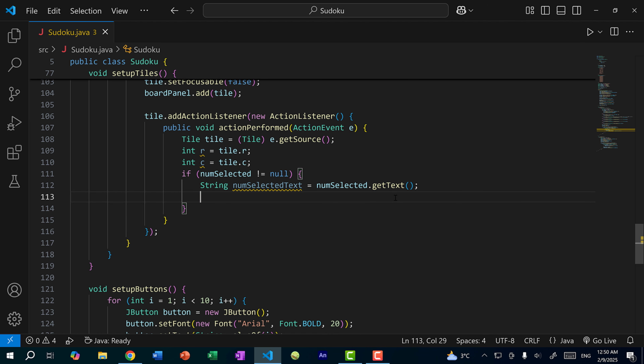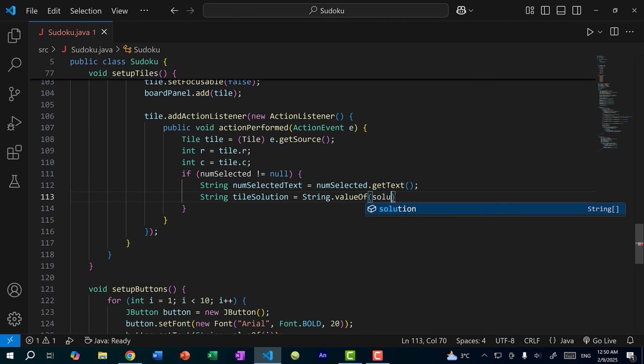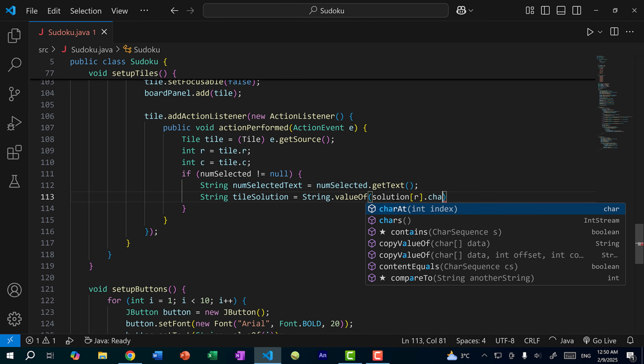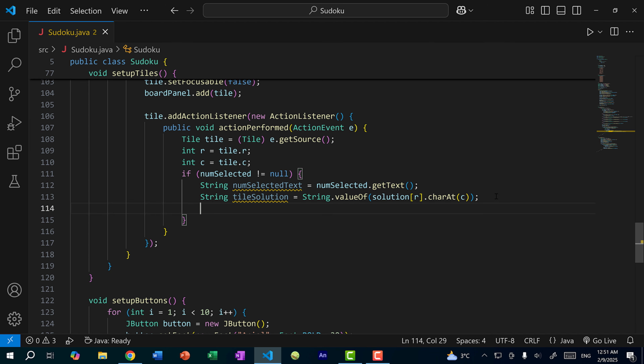So I'm going to do String tileSolution is equal to String.valueOf(solution at index r).charAt(c). So we're going to compare the solution at that row and column with the number that we selected. So before we check the solution, I want to do one more thing, and that is over here, I'm going to do if